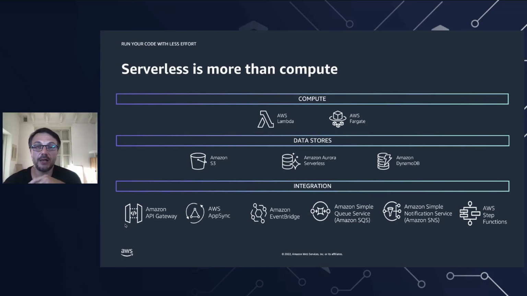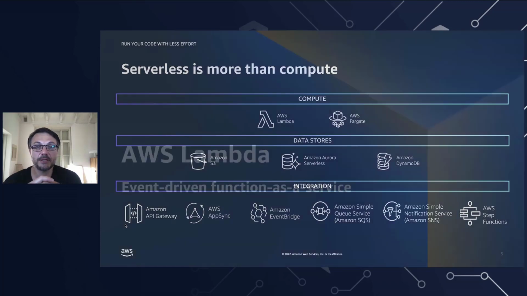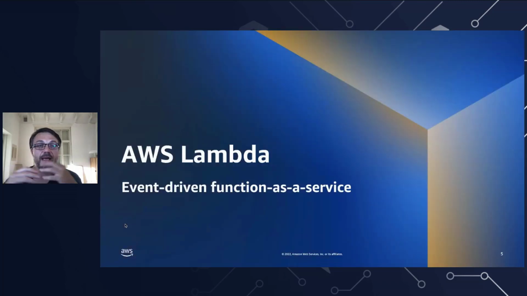And we have a lot of different integration options, starting with API Gateway if you want to build RESTful APIs, or AppSync if you are more into GraphQL style of APIs. And we have a number of services which will allow you to build event-driven architectures like EventBridge, SQS, SNS, and Step Functions. But today, we'll be focusing more on AWS Lambda as the main service for developers